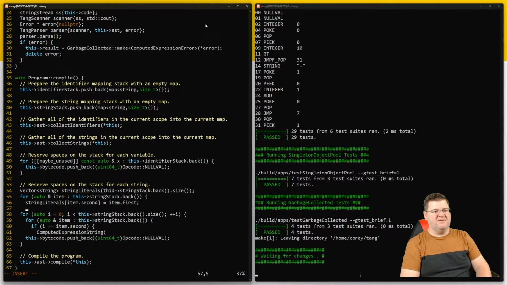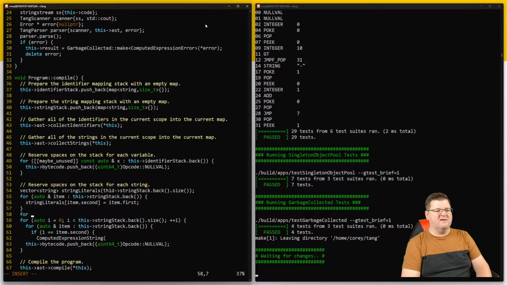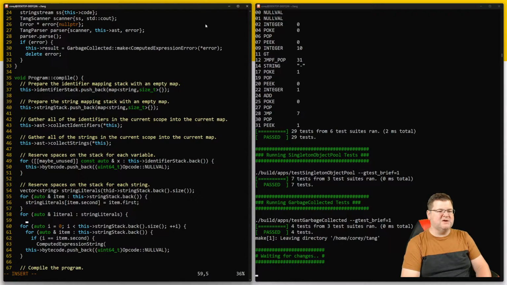Easy enough. And now for auto ampersand literal in string literals, what do I need to do? I need to do a